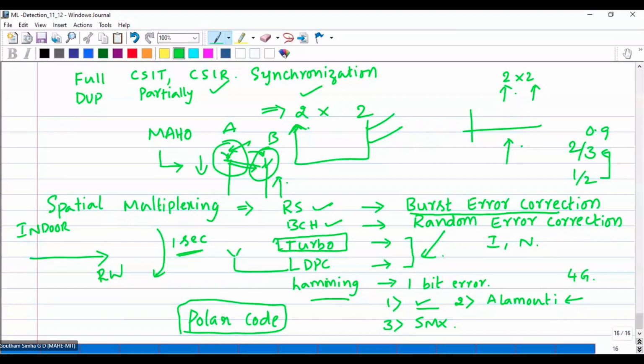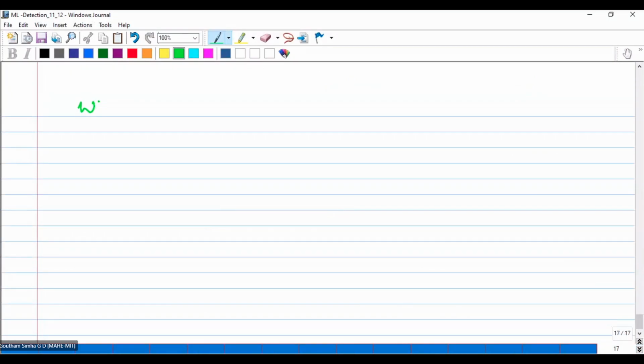And the last component of today's discussion would be on why MIMO and why multi-user MIMO. In order to explain why MIMO and why multi-user MIMO, you have to understand some basic concepts of how this MIMO reacts: what the correlation covariance matrix is, and how joint Gaussian distributions and uncorrelatedness will work.